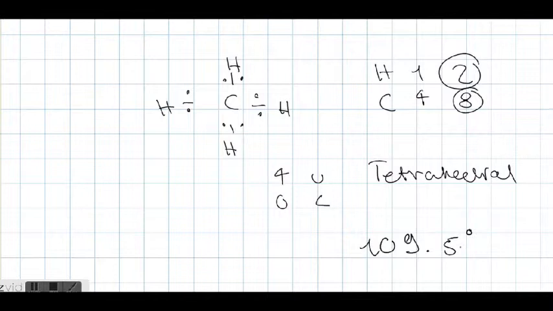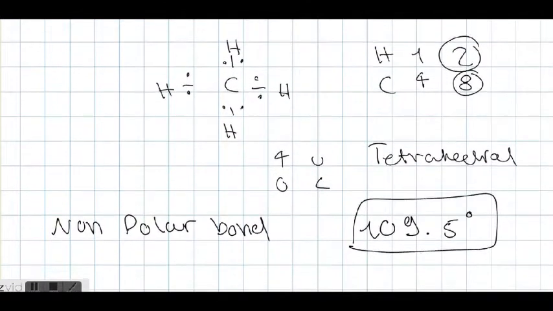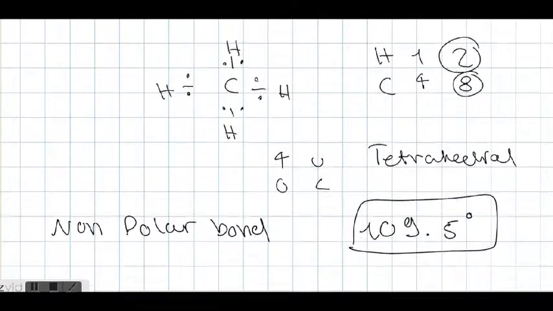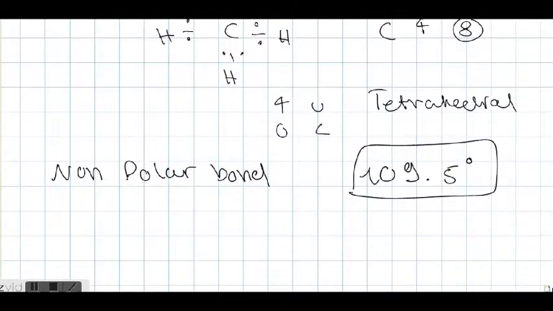So this is the bond angle right here, meaning that each hydrogen atom is 109.5 degrees apart. This also means that it's a non-polar bond, because each hydrogen atom cancels each other out, making everything neutral and not have a higher polarity than the other one. So since we know that it's a non-polar bond atom,